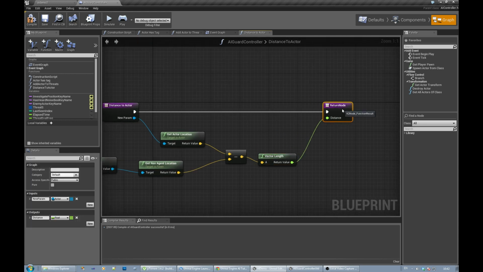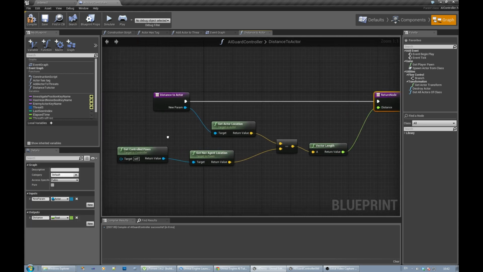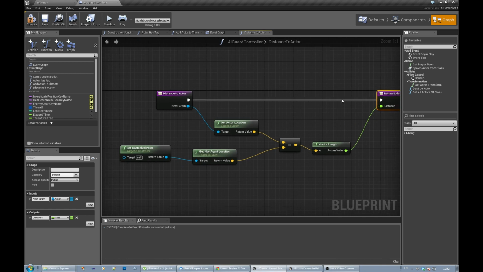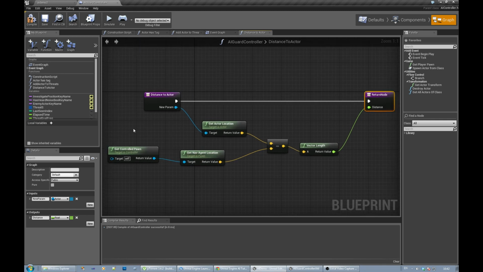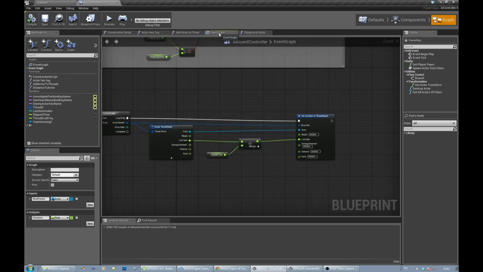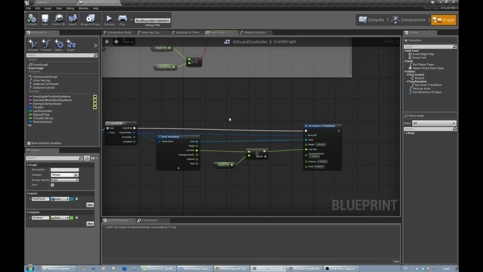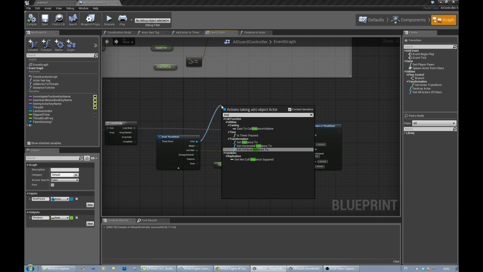So it's basically just a simple distance to actor function. But because it has a few of these nodes that we need to use, I decided to do it as a function rather than just doing it in the graph itself. So going back to the event graph, we can now use that distance to